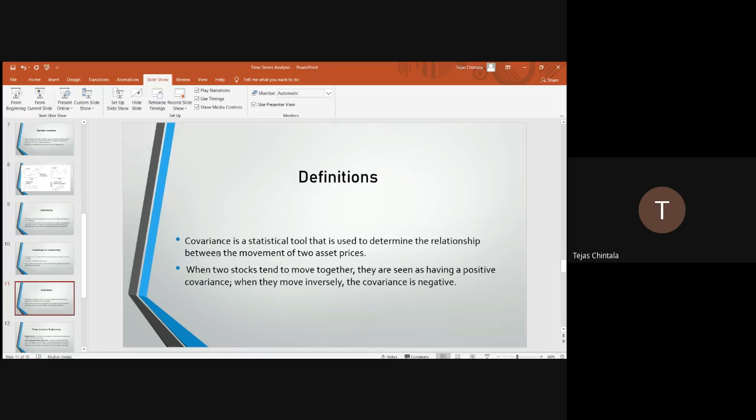Covariance is a statistical tool that is used to determine the relationship between the movement of two asset prices. For example, when two stocks tend to move together, they are seen as having a positive covariance, and when they move inversely, the covariance is negative. So sometimes for different stocks,